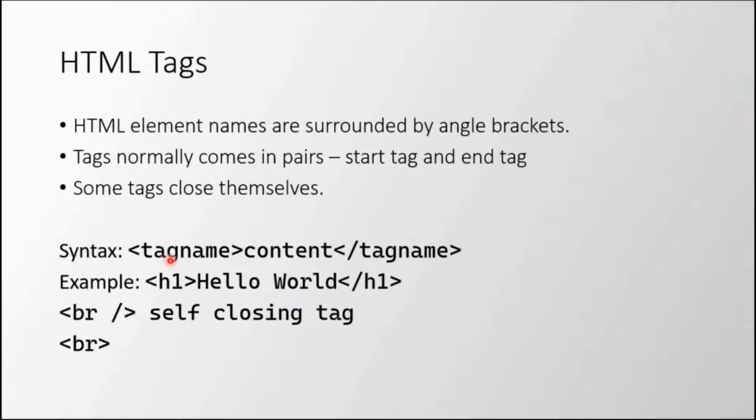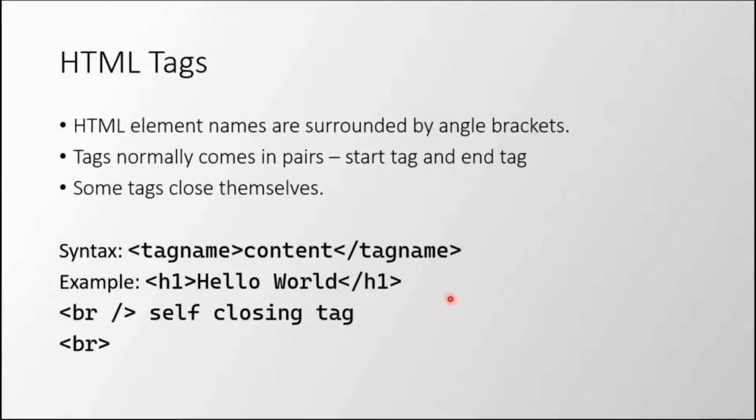So generally the tags or elements come in pairs. So we have a pair of the same element. One is the starting tag, one is the ending tag, and remember, the ending tag always has a forward slash before the name of the element. So here are some of the examples. So this is an h1 tag. See h1, this is the starting tag, and this is the ending tag.